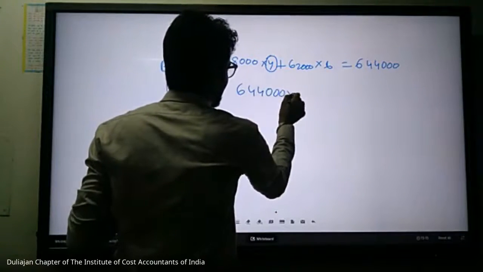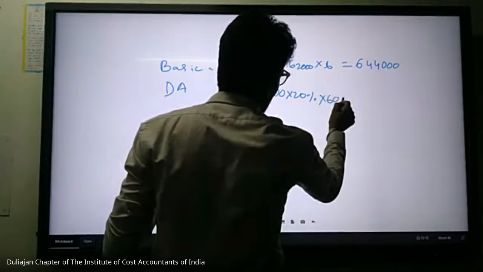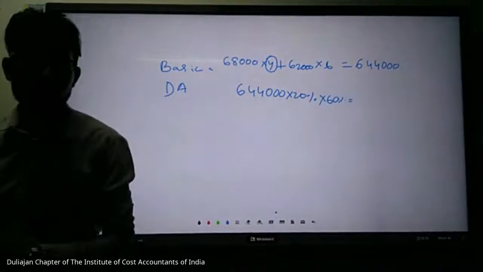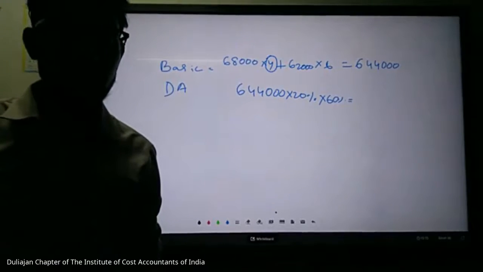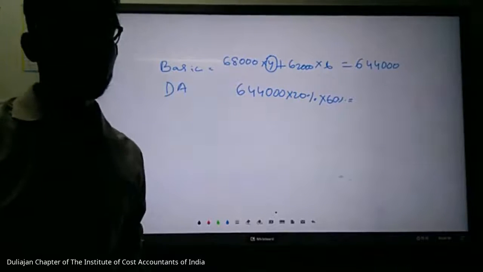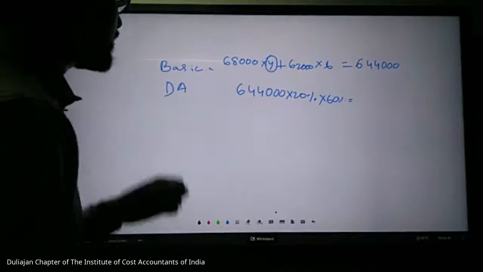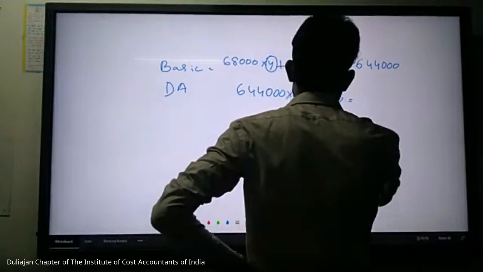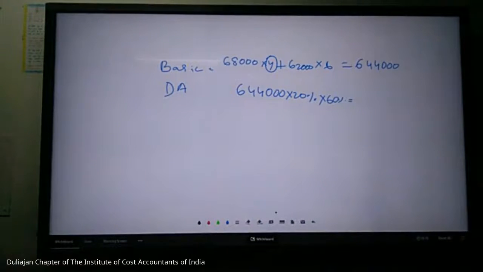DA कितना परसेंट है, बेसिक का 20% बोला गया है ना, लेकिन वो 20% में से 60% ही मेरा रिटायरमेंट बेनिफिट के लिए काउंट होता है। सैलरी का मीनिंग: बेसिक प्लस डीए फॉर्मिंग पार्ट ऑफ रिटायरमेंट बेनिफिट प्लस कमीशन ऑन टर्नओवर, ओके। इसका परसेंटेज आप कैलकुलेट कर लीजिए। एग्जाम हॉल में उतना बड़ा टेबल बनाने का मेरा टाइम नहीं होगा।